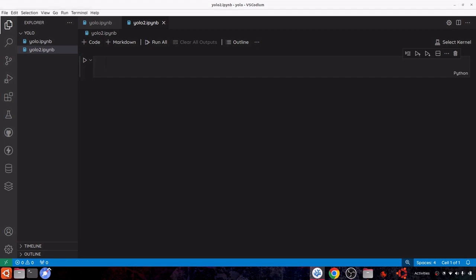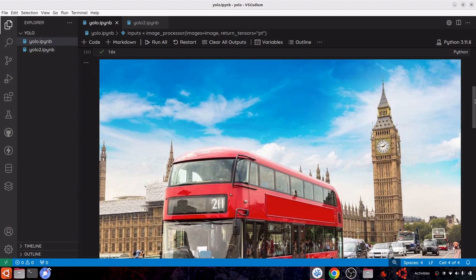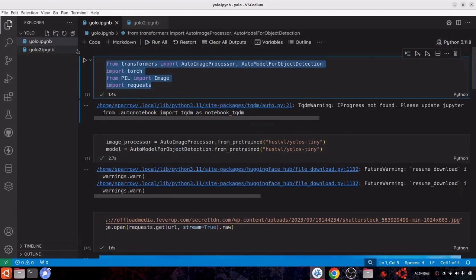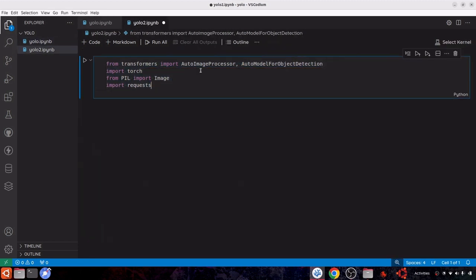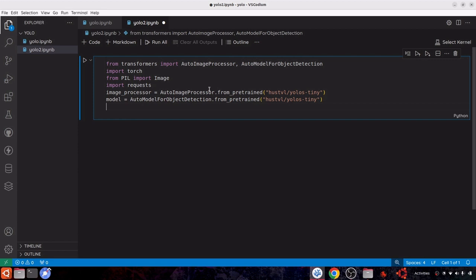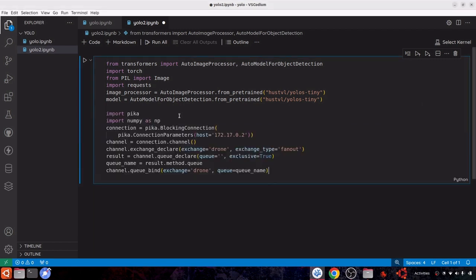Now here I'm going to use the same model that I'd used here. So the imports here, the model YOLO's tiny, and we shall also subscribe to one of the exchanges, the same drone exchange. Not the drone exchange, but the RabbitMQ broker would be running at this IP address, and there would be an